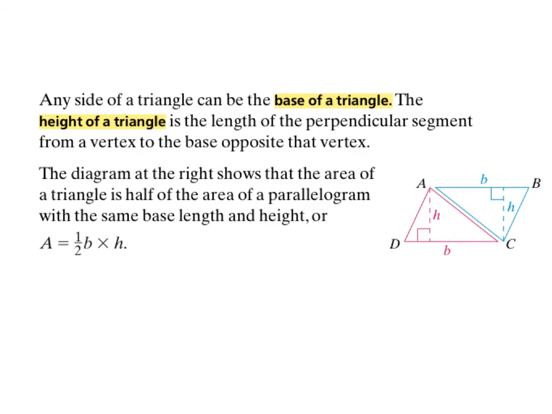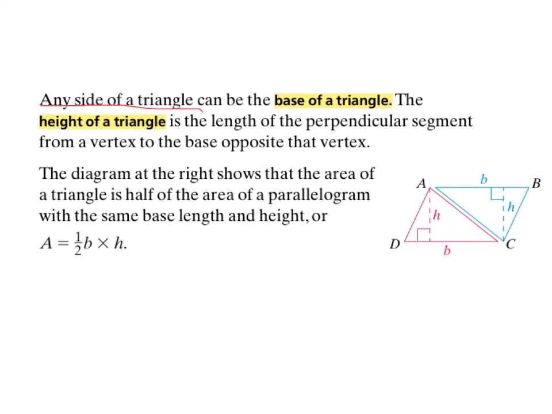Now let's talk about triangles. Just like with a parallelogram, any side of a triangle can be the base of a triangle. The height of the triangle is just the length of a perpendicular segment from a vertex to the base of the opposite of the vertex. So, I know that sounds complicated. So, the base is just whatever side they've decided is the bottom, and the height is a line that tees up from that base straight up to one of the points or the vertices of the